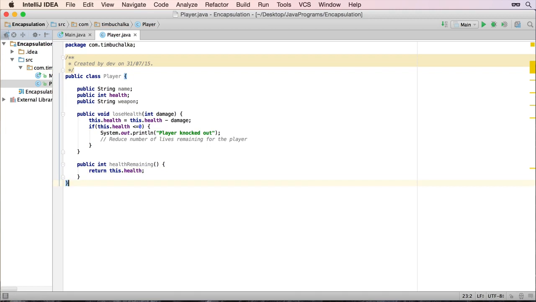There's a name, there's the health, and there's a weapon that we can assign. We've got a simple method there, lose health, which would pass the amount of damage to it. Then if the total amount of health falls below or equal to or below 0, we were just going to print out a message to say the player's knocked out. And that's where we would normally put the code to reduce the number of lives and to check whether the game's over. So let's go back to our main class,